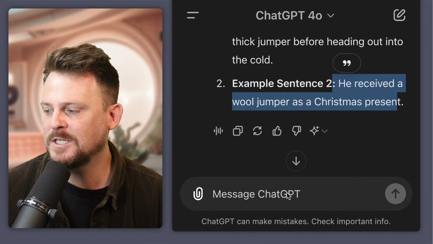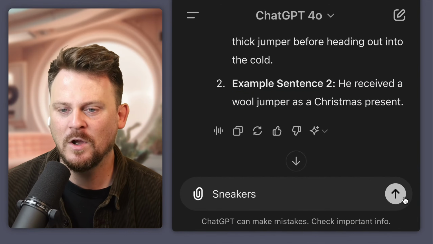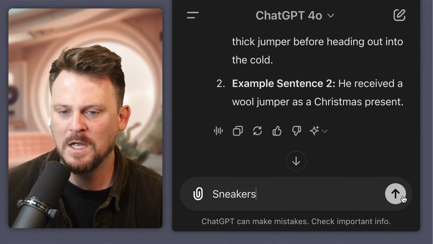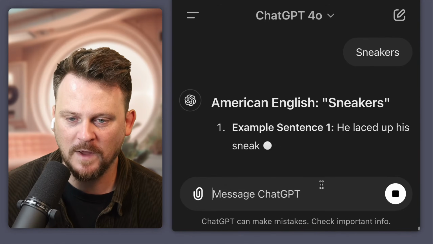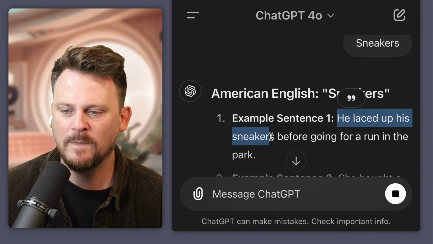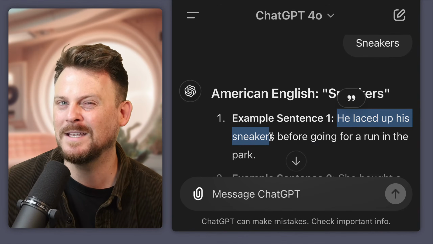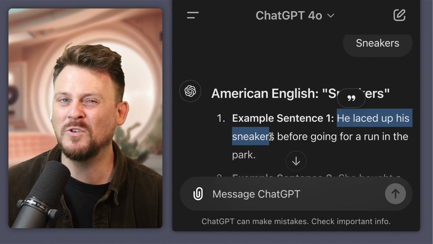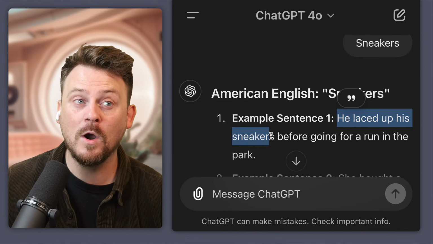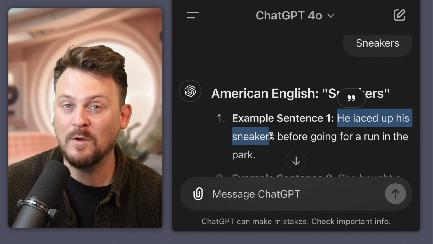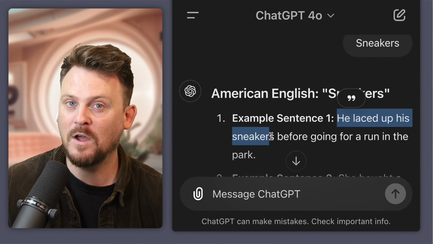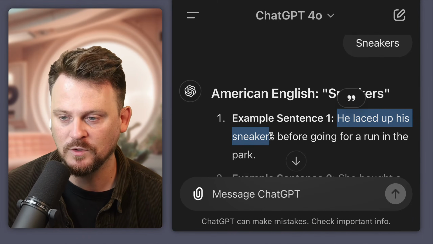Because this one's good. Sneakers. Now we would say sneakers, or perhaps basketball shoes, running shoes. We also just say shoes, although that's too vague. He laced up his sneakers before going out for a run. I feel like people say sneakers less and less in American English. I think a lot of people will just say shoes and let the context determine, or put an adjective in front of it, like running shoes. But running is an adjective, in this case, an adjective to describe shoes, running shoes.